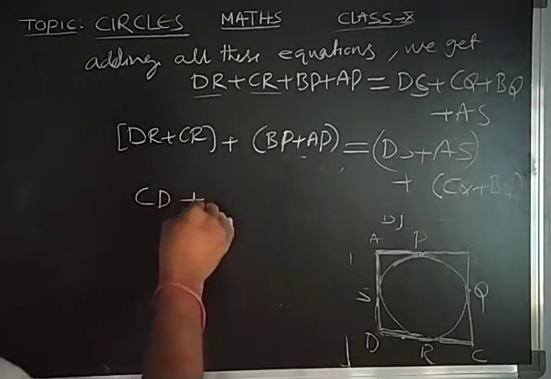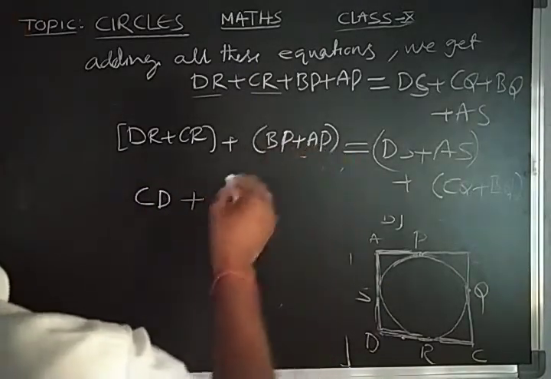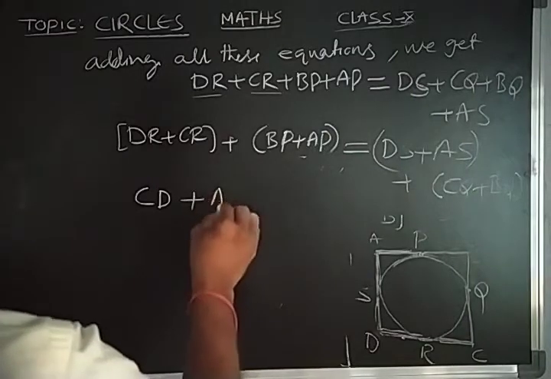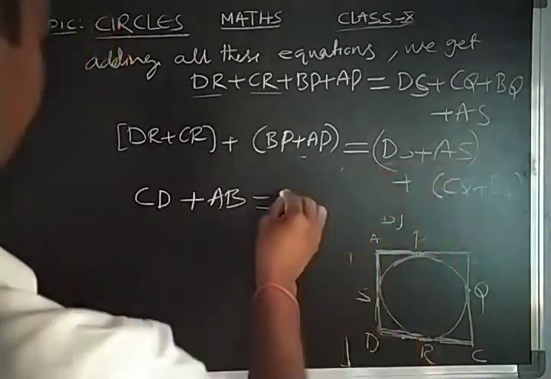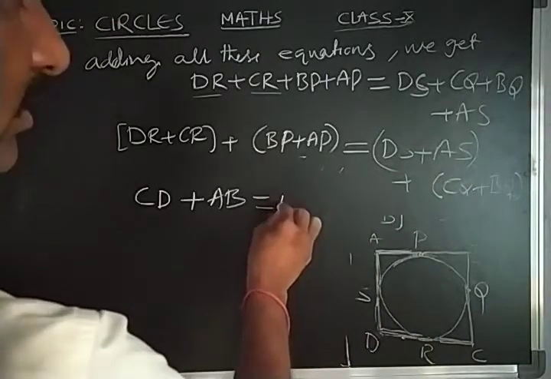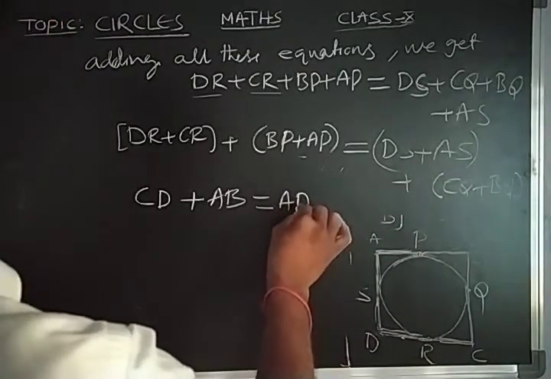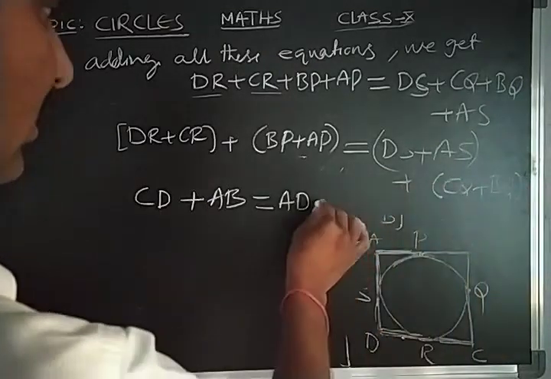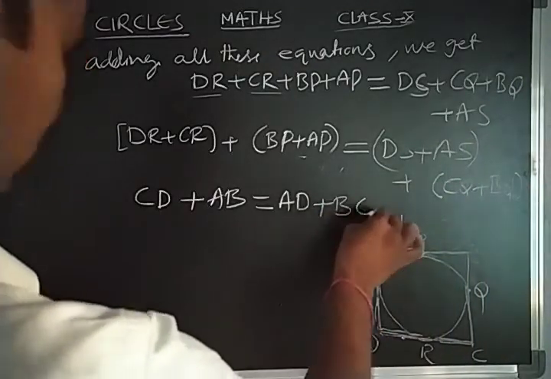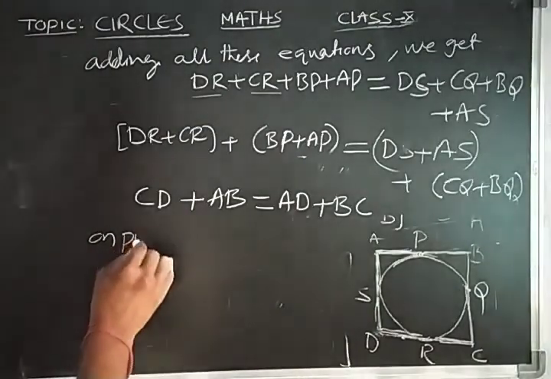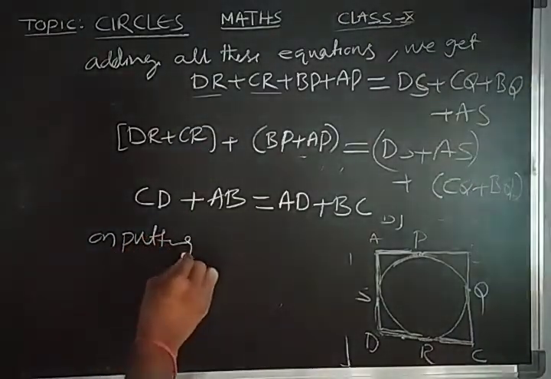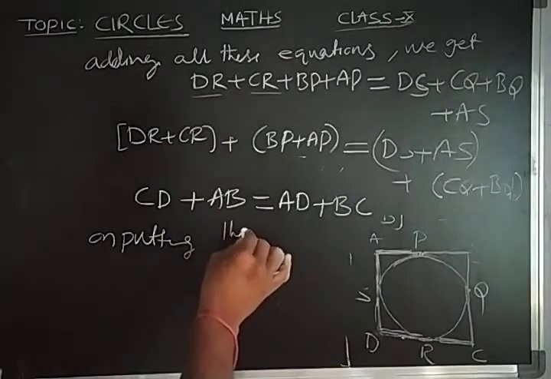CD. In place of BP plus AP we can write AB is equal to, in place of DS plus AS we can write AD. In place of CQ plus BQ we can write BC. Right? On putting the values,